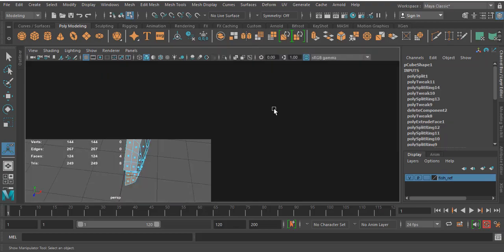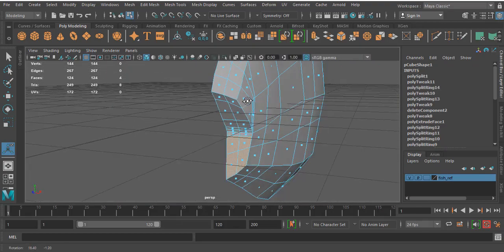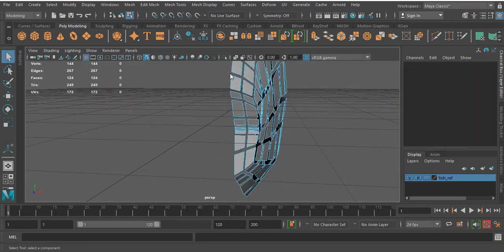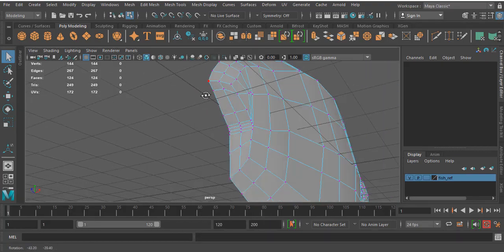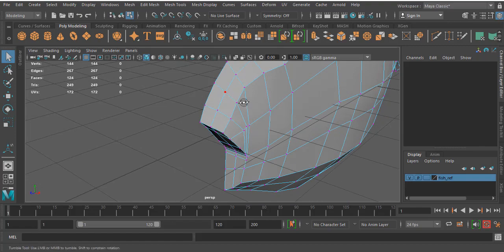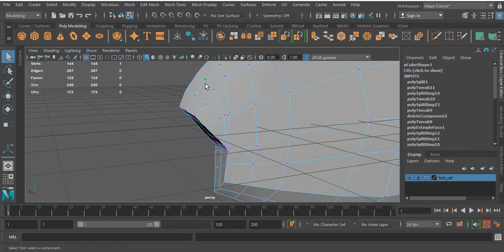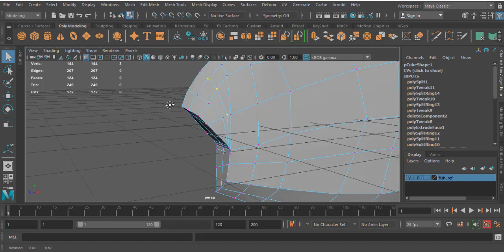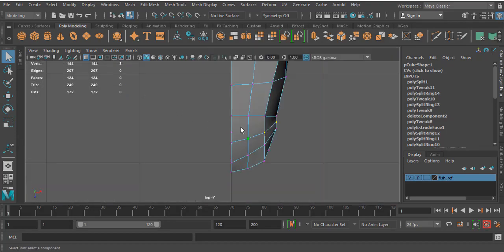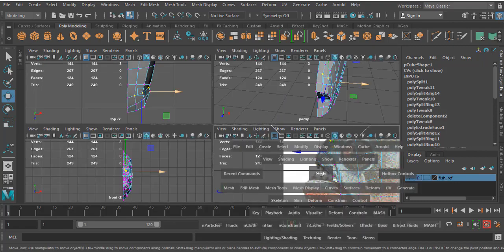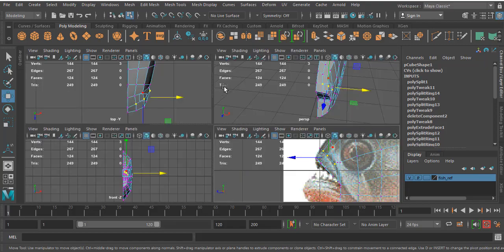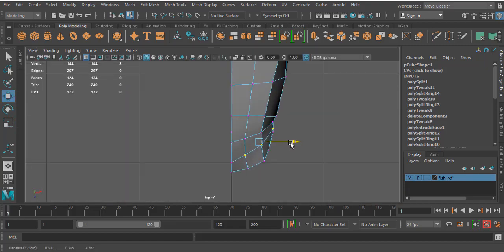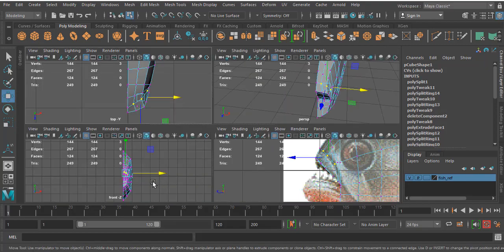What I'm going to do is go to the perspective, vertex, go to the top view, slightly move it like this. Now I select these three, slightly move like this.